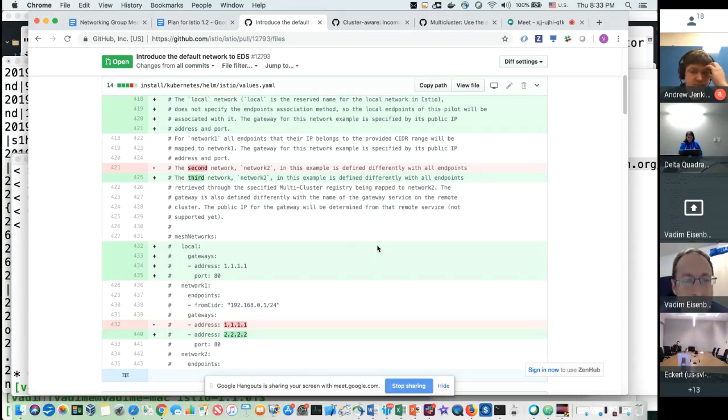So Vadim, that refers only to the special port for mesh, for internal mesh communication, no? For the one with SNI sniffing and all that stuff. I guess it can be used for any port. No, because on port 80, on port 443, I mean the normal traffic that goes into the gateway, we definitely need to load balance across all the workloads in the entire mesh, no? It cannot go just local for those. Yes, right. This is a different issue, what you are talking about. This one is just how to define the local gateway, so it will be sent to the remote clusters.